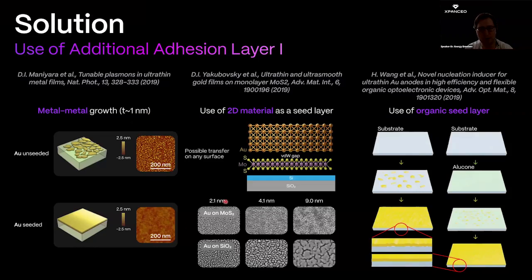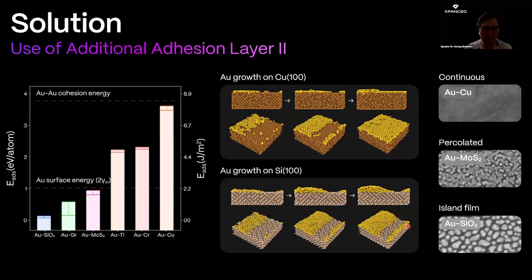Also, you can use two-dimensional materials. There's also really nicely grown gold on molybdenum disulfide. Otherwise, you can use some organic seed layers, which can also produce atomically thin gold with a smooth morphology. And what these techniques use is the thermodynamic energies of the substrate, the adsorption energy to the gold,